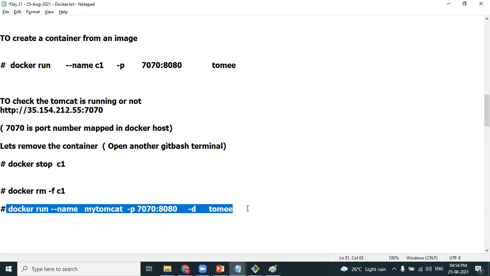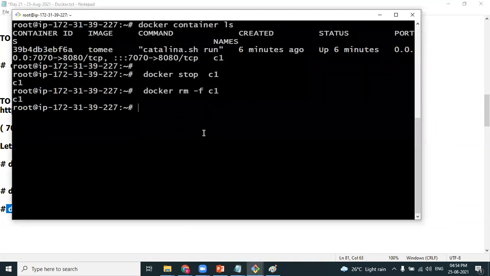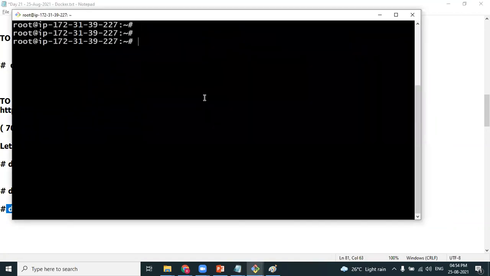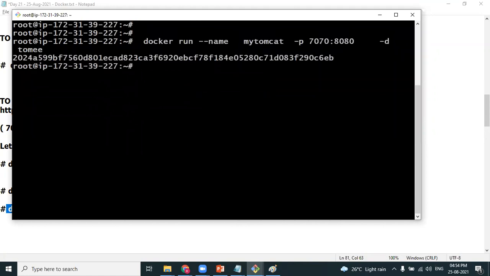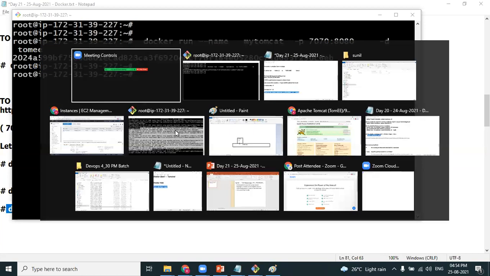What happens when you run an image in detached mode? No doubt the container is created, but your terminal will not be busy with the log messages. Anuj, very important observation: unlike last time, your terminal was not busy with the log messages. Immediately you get the prompt back so that you can run the next commands, and the log messages will be running in the background.